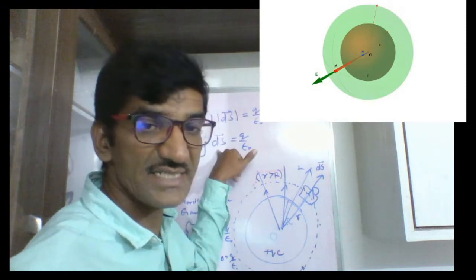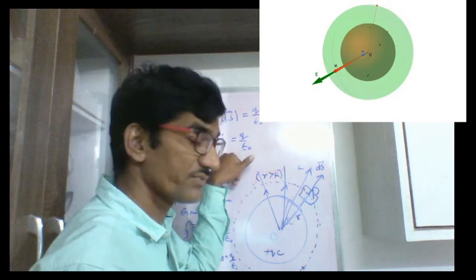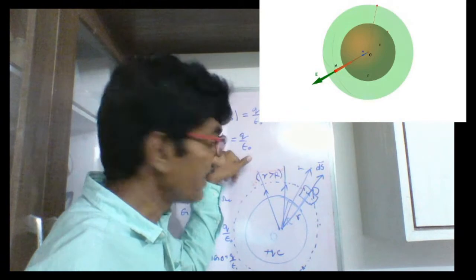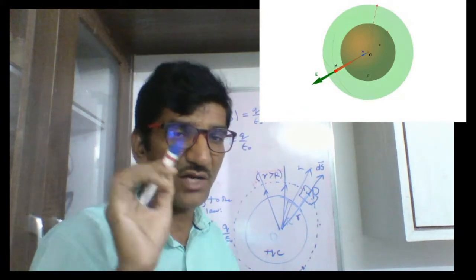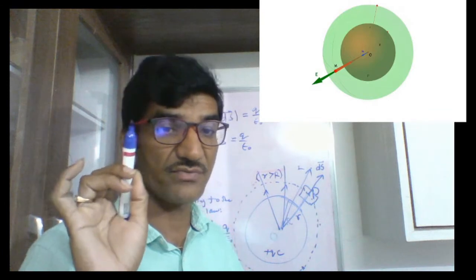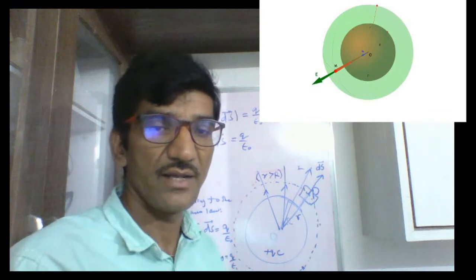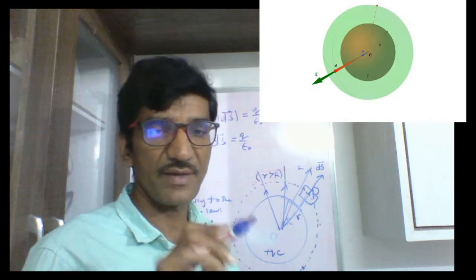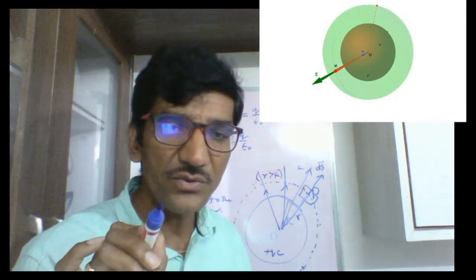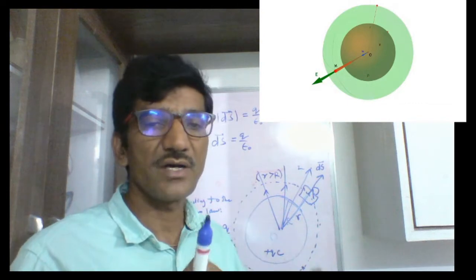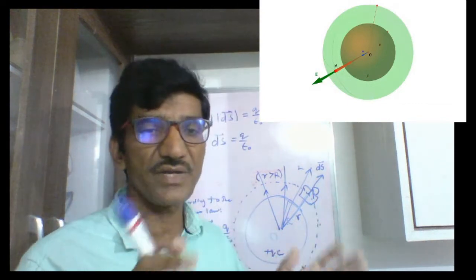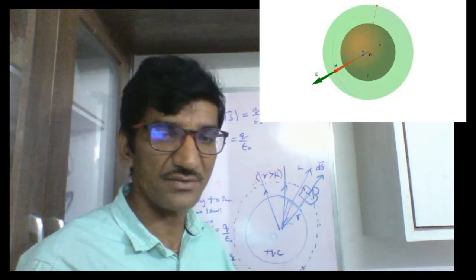This is an infinitesimal element of the surface. Integral ds means the total area of your Gaussian surface. Always keep in mind that the Gaussian surface is an imaginary sphere only. As long as you do the applications of Gauss law, you have to keep in mind the shape of the Gaussian surface, not the original surface.